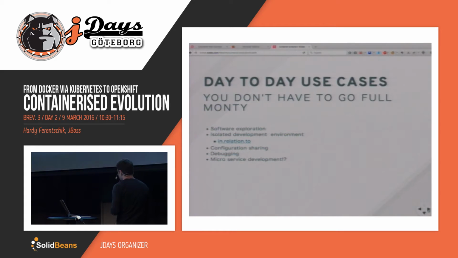I want to talk about the second point a little bit more, the isolated development environment. And that was for me basically the eye-opener where I thought, this whole container thing is going somewhere which might change, or will change, the way we are going to develop applications in the future.